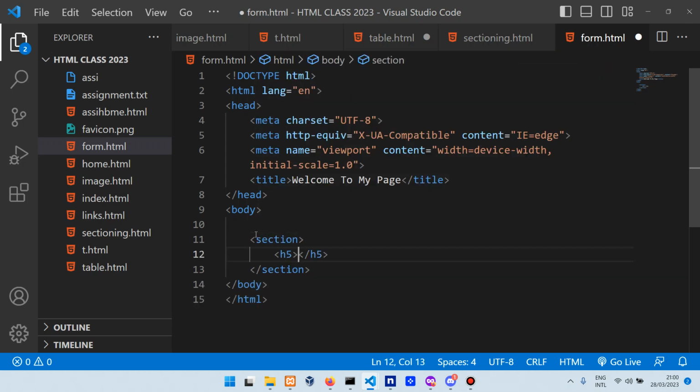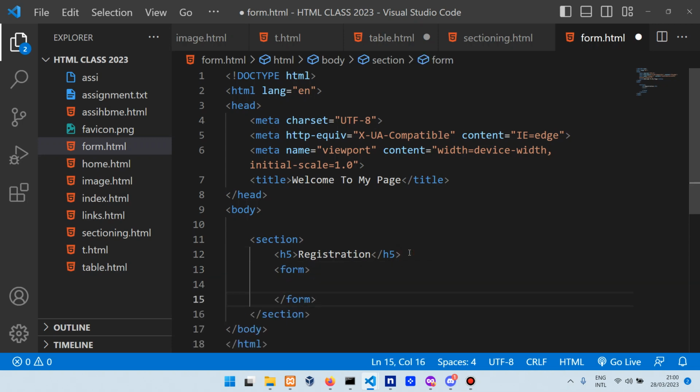an H5, registration. Then under this H5, I'm going to put the form here. You understand? Inside the form, we can start putting our input. And what is the first input? We want them to input their username, their password, and their email. That's all we need. So to put input